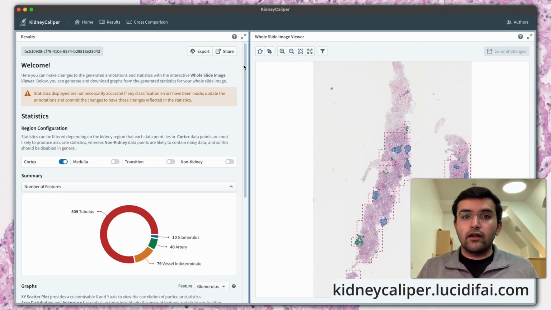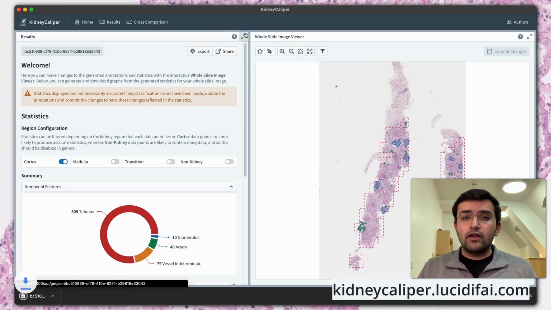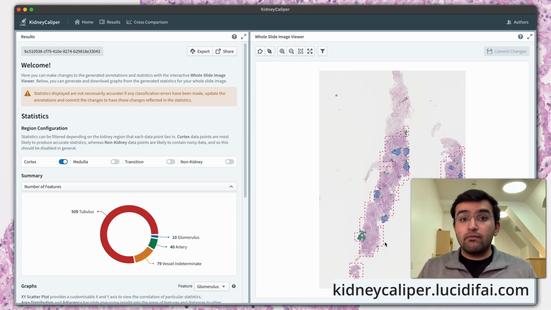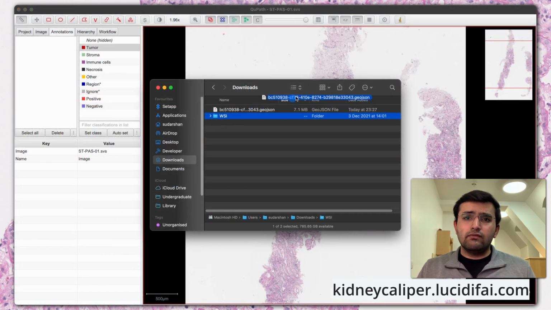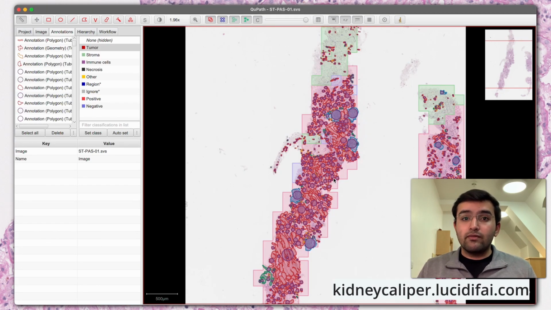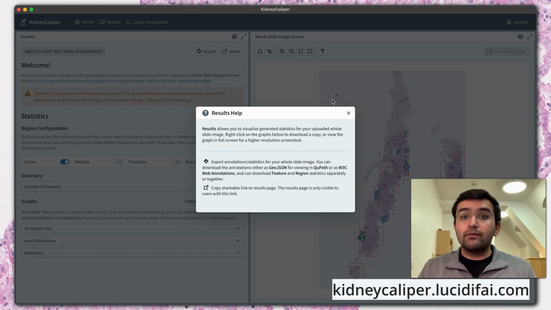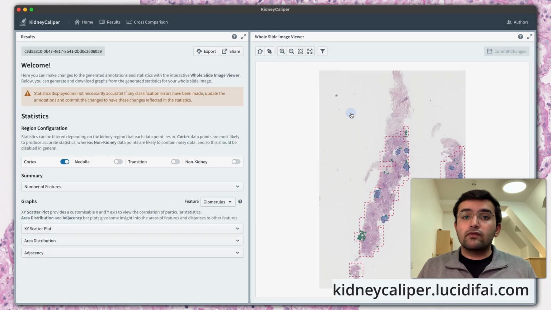The statistics and annotations generated by the program can also be exported by the user. The annotations can be exported in either the W3C web annotations or GeoJSON format. GeoJSON is particularly important as this makes the annotations compatible with the QPath application, which is currently used by pathologists to view annotated medical images. To improve user experience, we have included help dialogues to guide the user throughout the application and help new users